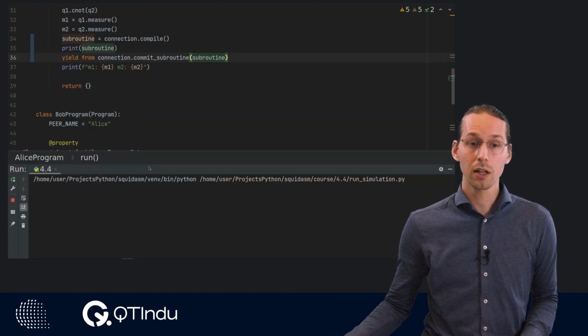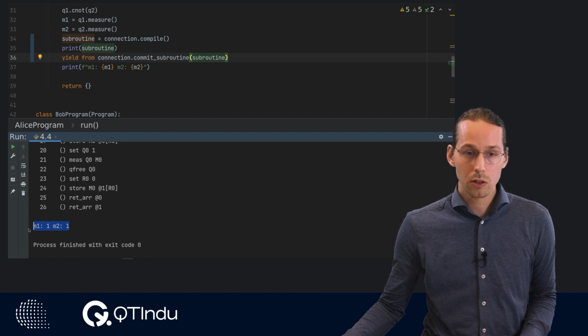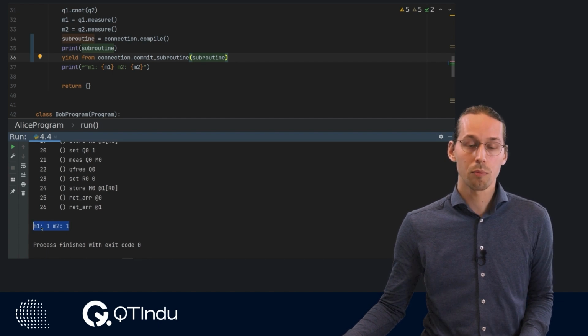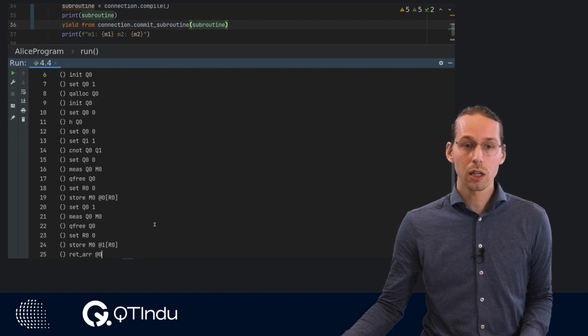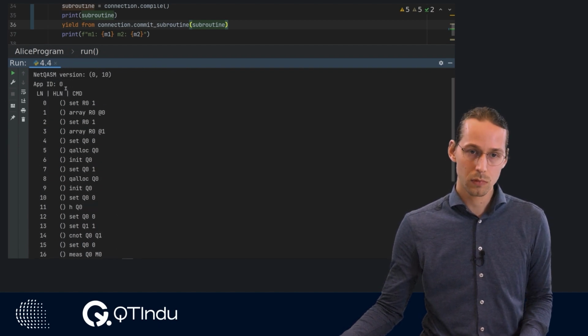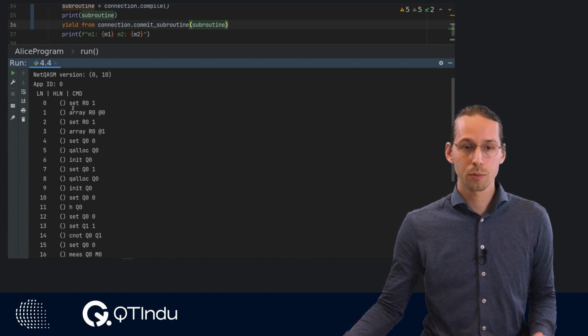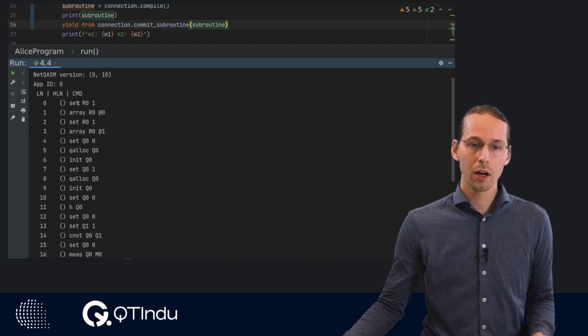So if I press Shift F10 and run the simulation, we see we still get the last bit of the print statement, so our simulation ran fine. But we also see this chunk of code over here. This is the netchasm language, specifically this last section. Over here you see quite a lot of commands.